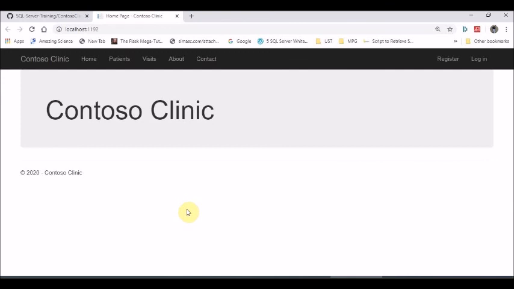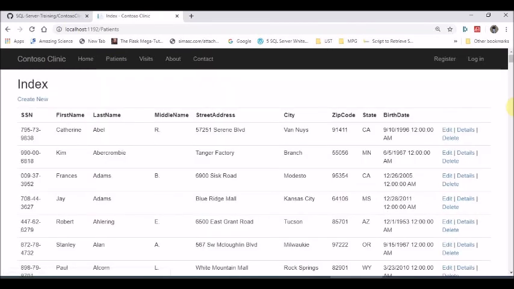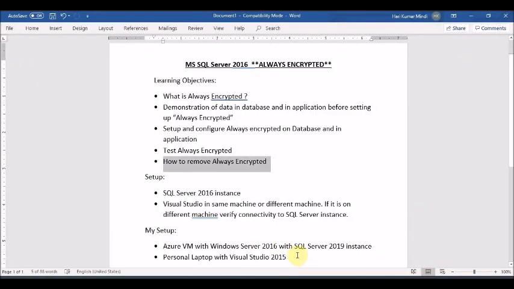Now you should not see any other issues. It's back to what we saw in the beginning. Perfect, that's what we wanted to see. So now that we have removed always encryption, we can see everything in plain text, as we intended. I hope I was able to demonstrate